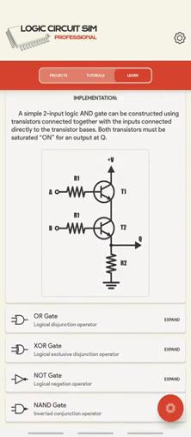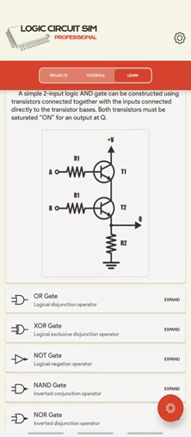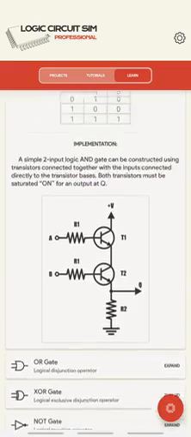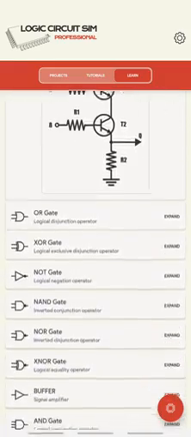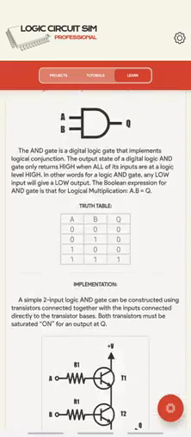Now you can see this structure is TTL because transistors are used instead of simple switches. If in an exam it is asked to draw the structure of an AND gate using transistors, then this is that structure. The truth table and the description of this AND gate are given.